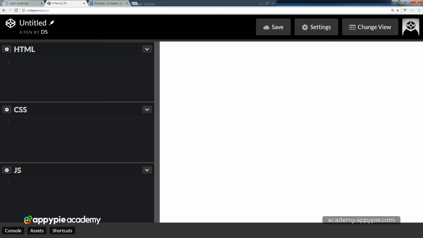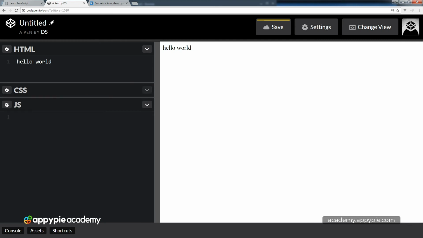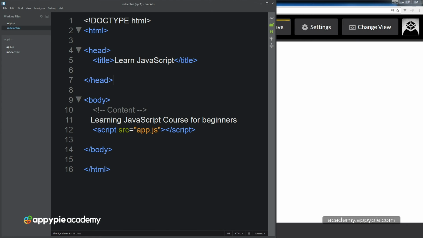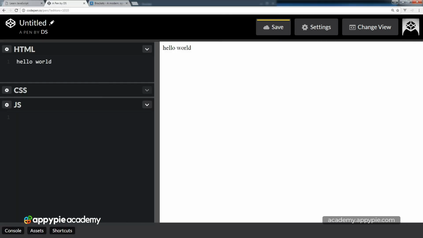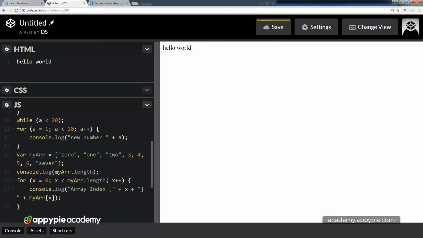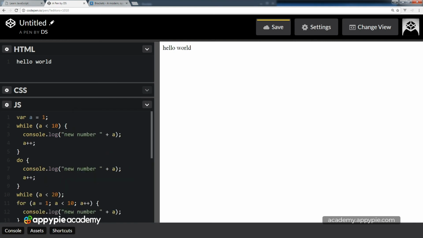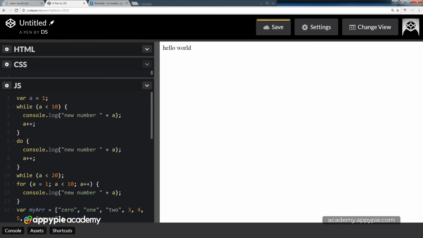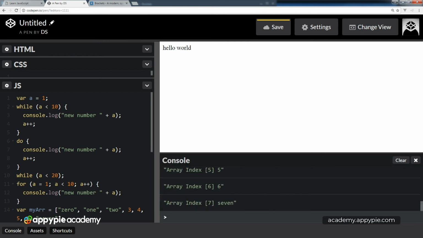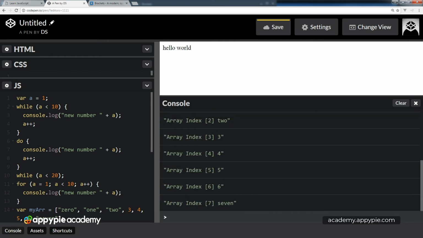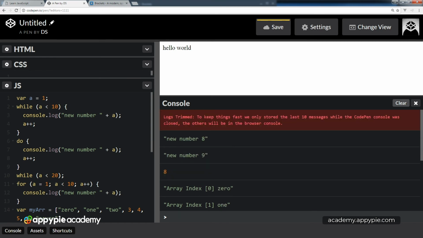And also at CodePen.io, you have the ability to create some code and actually see the output rendered out here directly within your view area there. And this is the same thing, a great place to practice JavaScript. So notice that you don't actually have to link out to the files. You can tidy it up, so it gives you the ability to clean up that code. And if you're wondering where the console log is here, you can output through console. So we've got the console button there, and you can see the same information as I was seeing within the